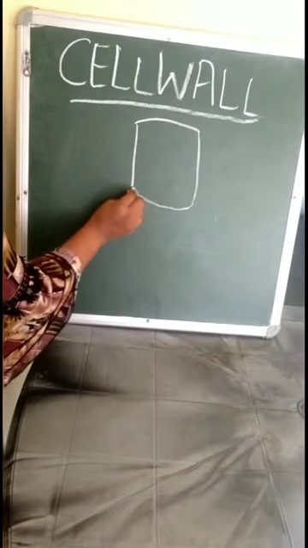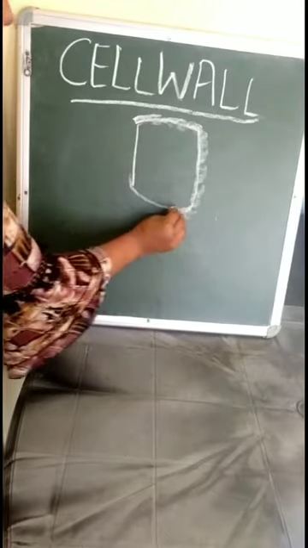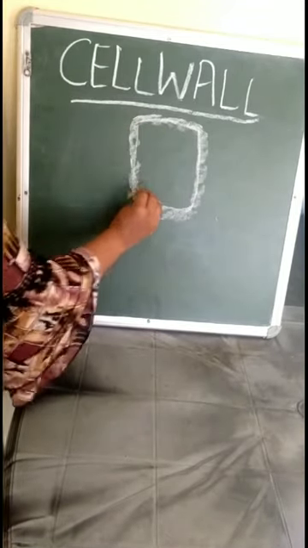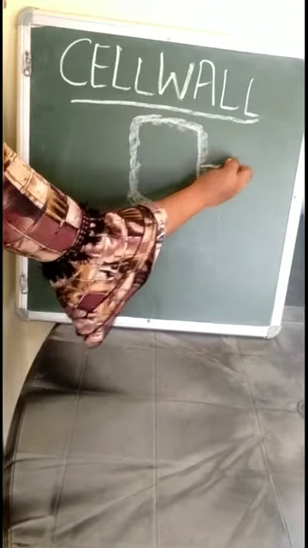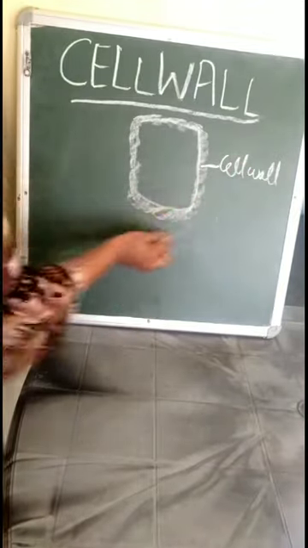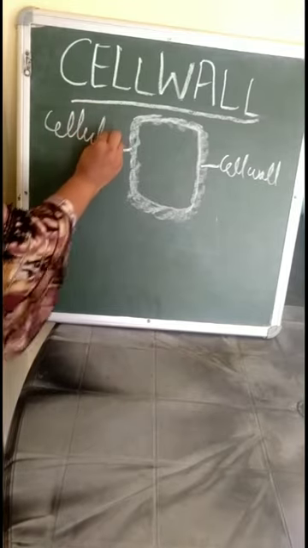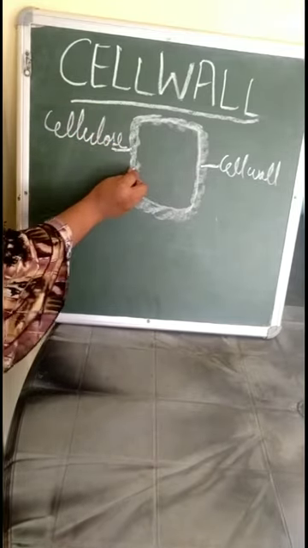Now comes the cell wall. The plant cell, apart from the plasma membrane, has a rigid outer covering, and this rigid outer covering is known as the cell wall. This cell wall is made up of cellulose, and it provides structural strength